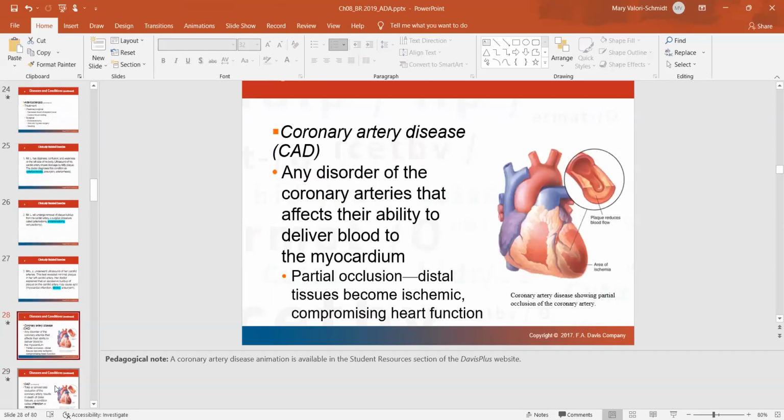All right, now we have coronary artery disease, CAD. So it's a disorder where the coronary arteries, the little teeny tiny arteries that feed oxygenated blood to the myocardium. This is the left coronary artery, which goes to the left anterior descending. That's called the widowmaker, fun fact, because if that part of the left coronary artery is occluded by, it can be because of high cholesterol, atherosclerotic plaque, then that part of the muscle of the heart is not getting blood